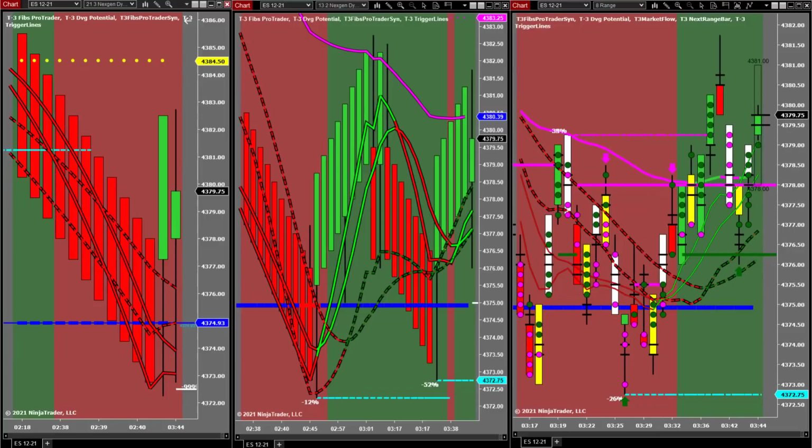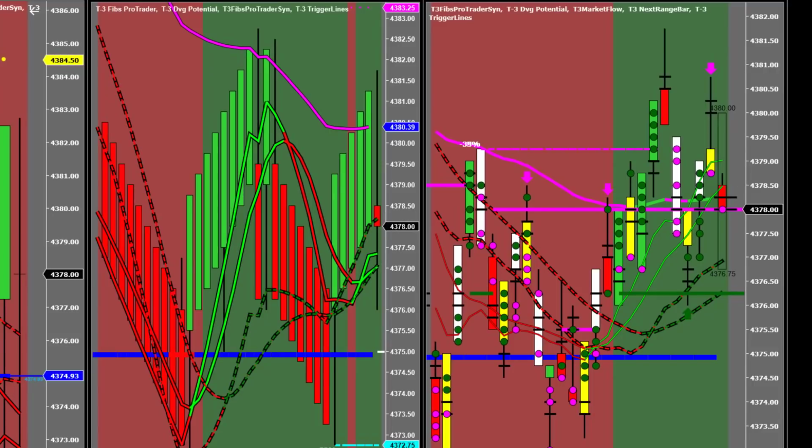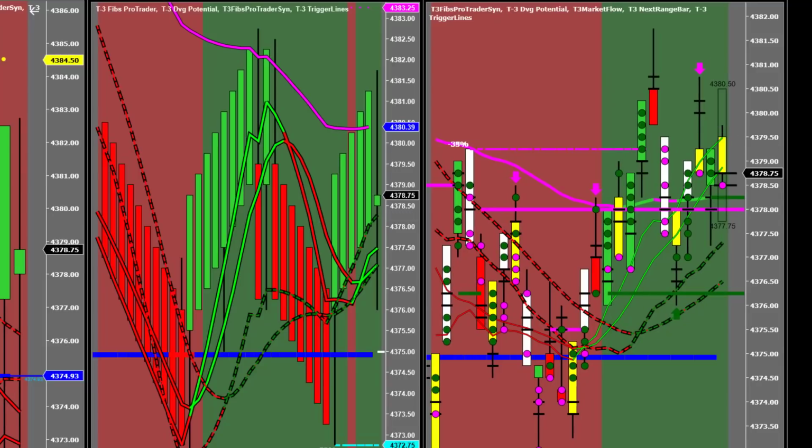And there's our white paint bar up, so you can get to break even. Notice how the high volume line was exactly in between those large triggers. Super favorable for what we're doing. Now, for continuation to the upside, we're going to have to break that pesky mid-band on the